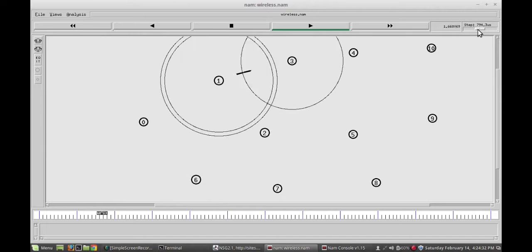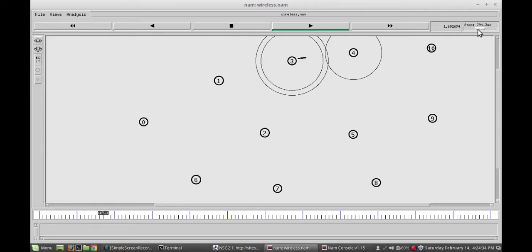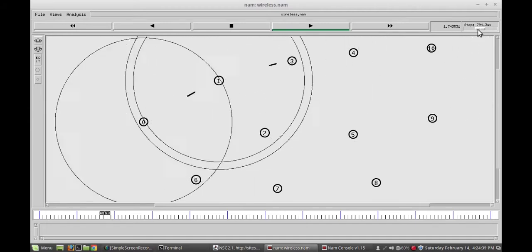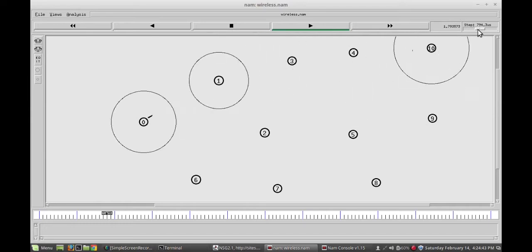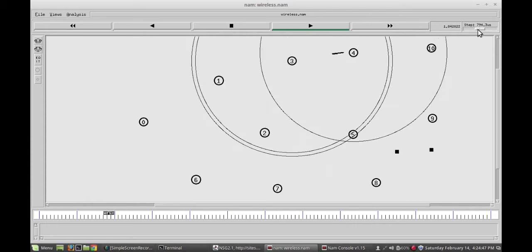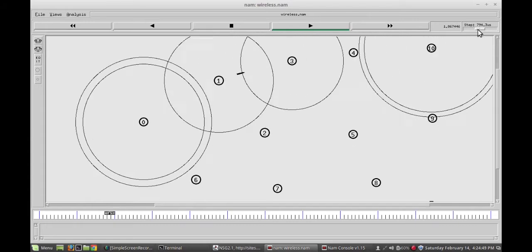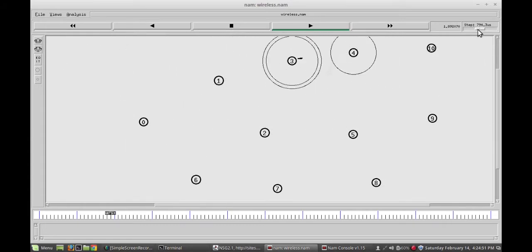The source node is 0 and the destination is 10, and the route that it is taking is 0, 1, 3, 4, 10. Once the packet reaches the destination, it sends back the acknowledgement because it's TCP, and you can see the packet drop from the destination node.